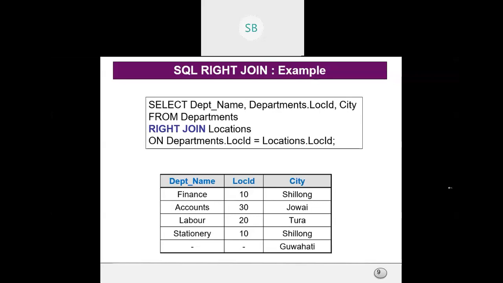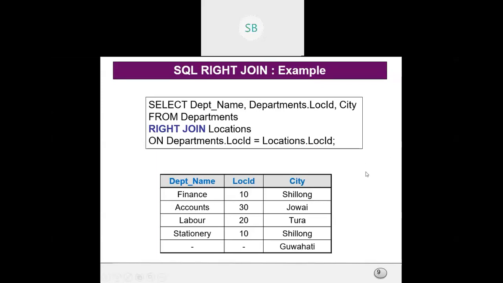Are you clear about this right join and inner join? Partha, are you clear? Okay, Kaushik, clear. Safir? Yes, ma'am, clear, ma'am. Okay, and what about Sankalpita? Yes, Sankalpita, is it clear? Yes, ma'am.